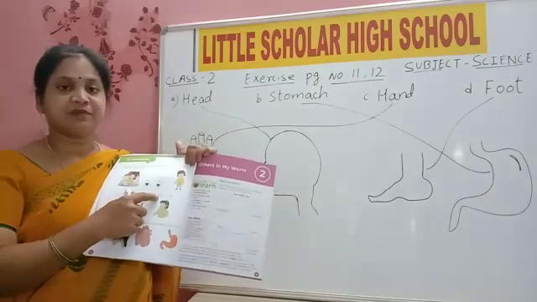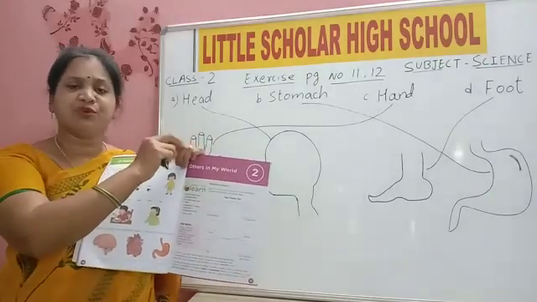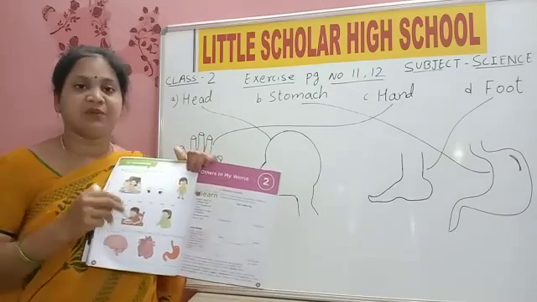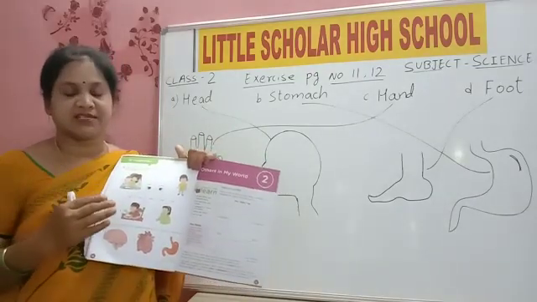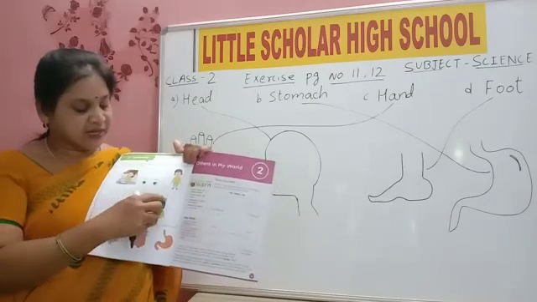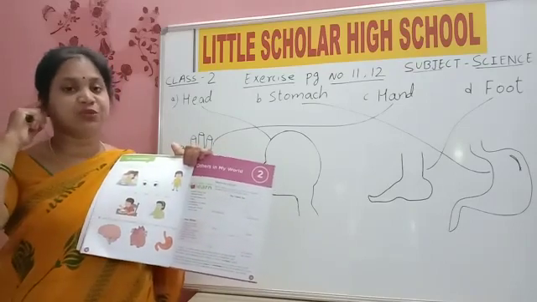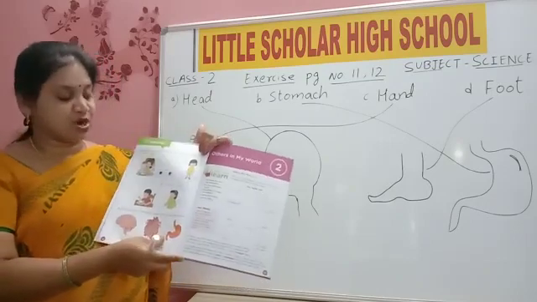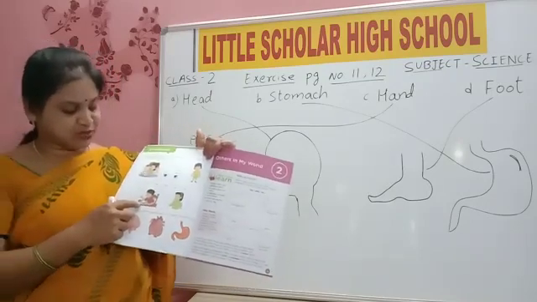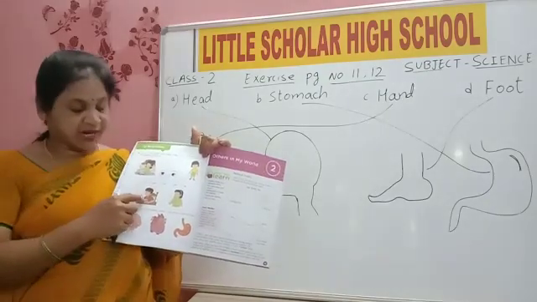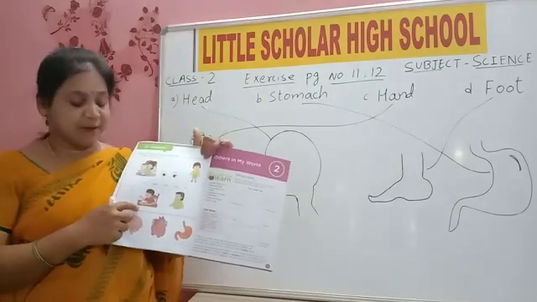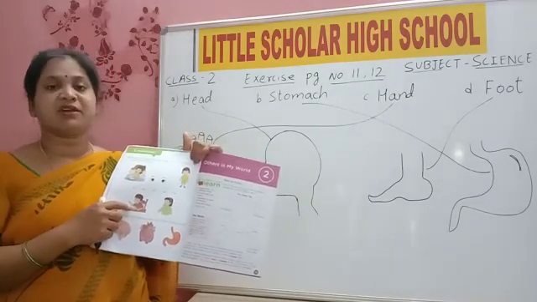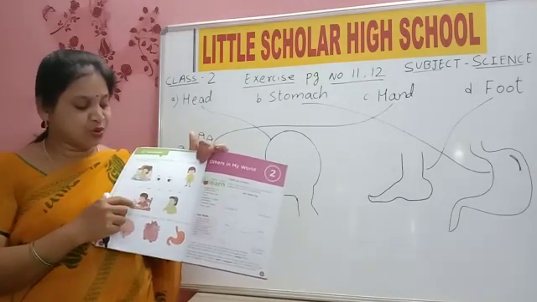Touch. If somebody touches you, how will you feel? You will come to know that somebody is touching me. How? With the help of skin. Ear, we will hear through our ears. So we should match now. What is this boy doing? He has many varieties of dishes in his plate. He is smelling that. So which sense organ will help us in smell? Nose.